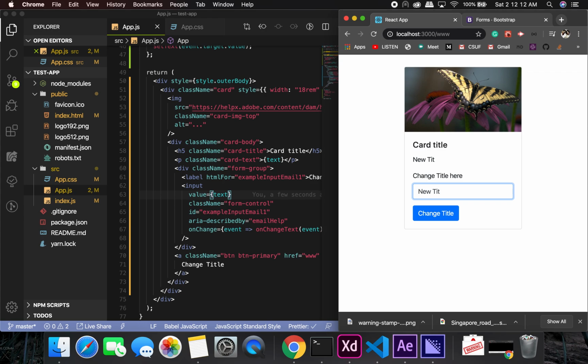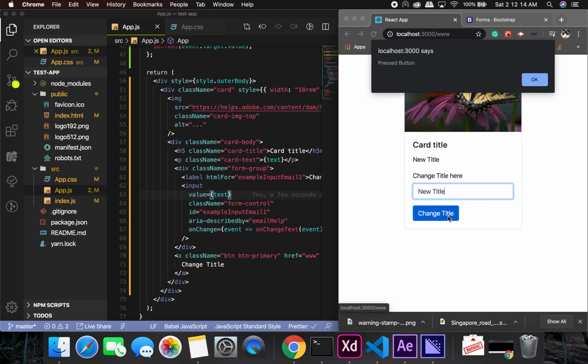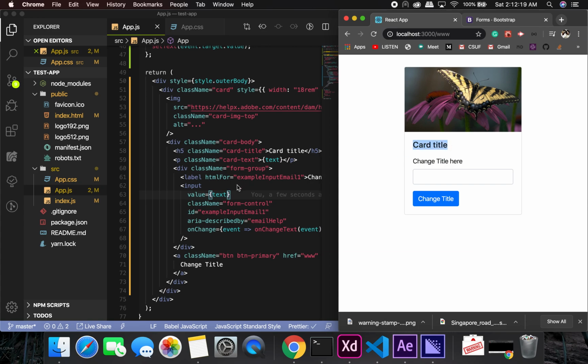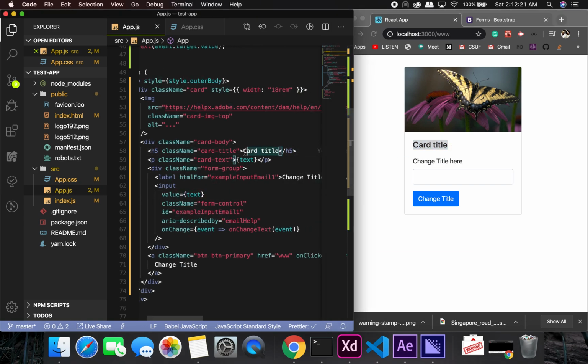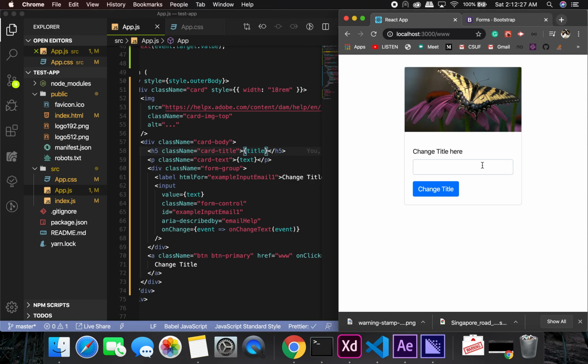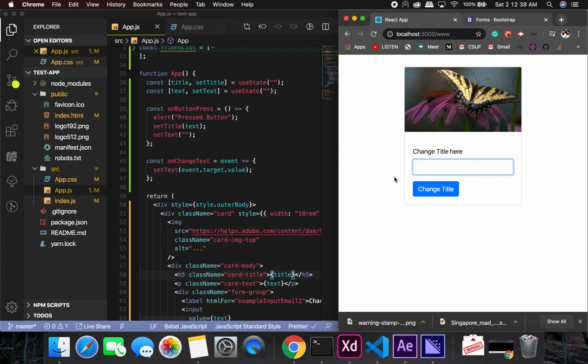New title, submit, pressed button. Okay, the reason is we didn't put title here, but okay, great, it should change now. Okay, initially it's empty, new title, there you go. Okay, so it went back to